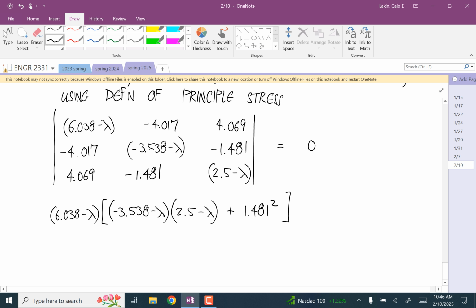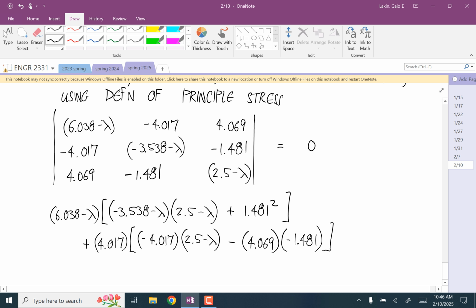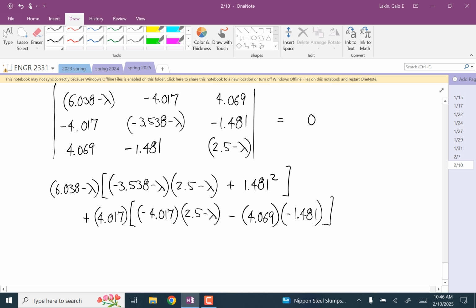And then we have minus, but this is negative, so I'll just do this as plus 4.017 times the quantity negative 4.017 times the quantity 2.5 minus lambda minus 4.069 times negative 1.481